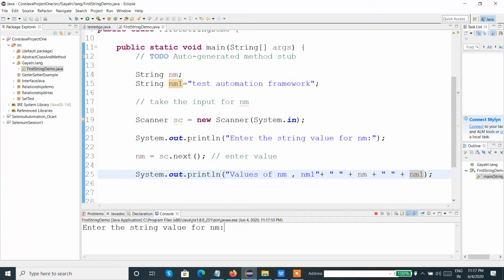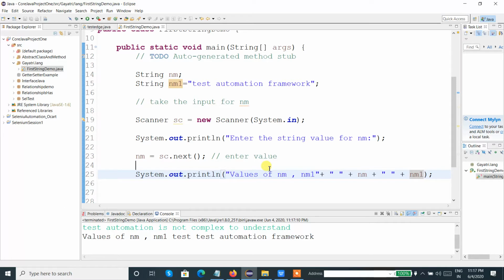Yes, it is asking to enter, let's say, test automation is not complex to understand. Yes, now value of nm and nm1 are test automation framework.